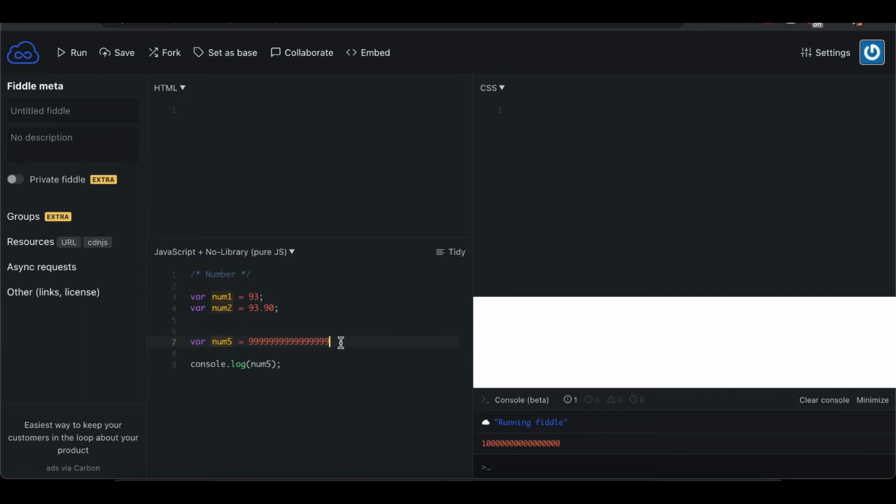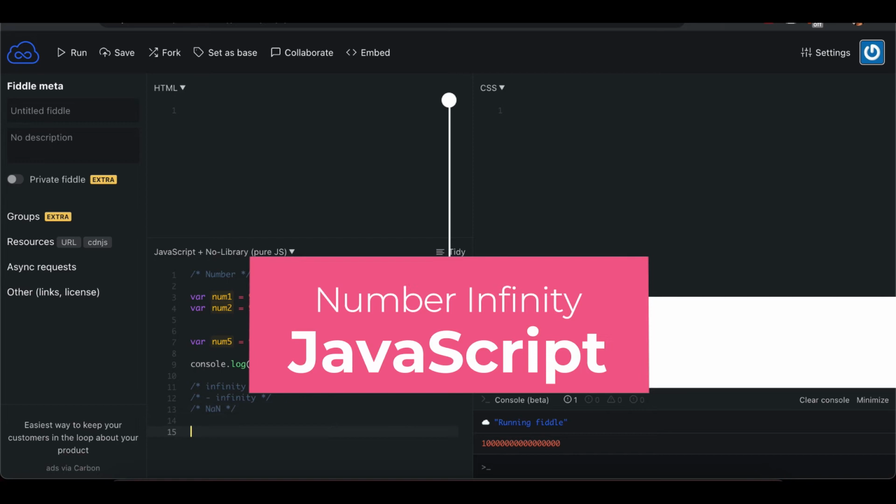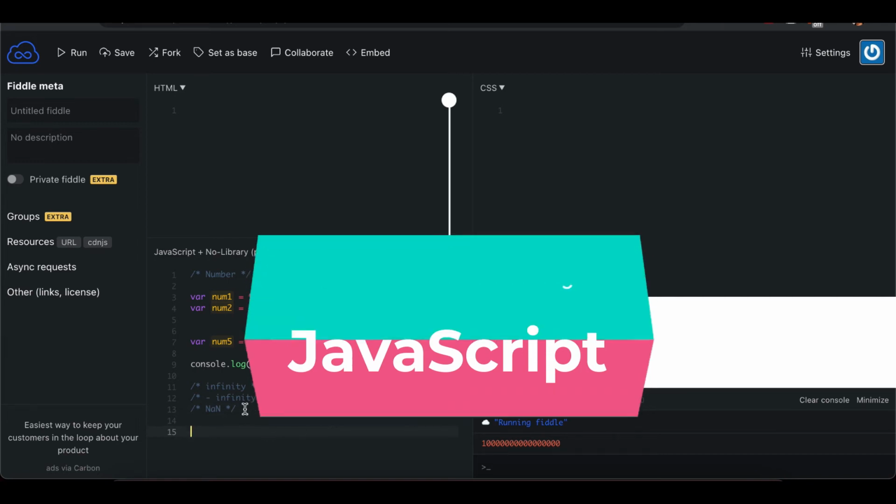In addition to representing numbers, the JavaScript number type also has 3 symbolic values available, which are called infinity, negative infinity, and one more, not a number. So we have these 3 symbolic values available in numbers.